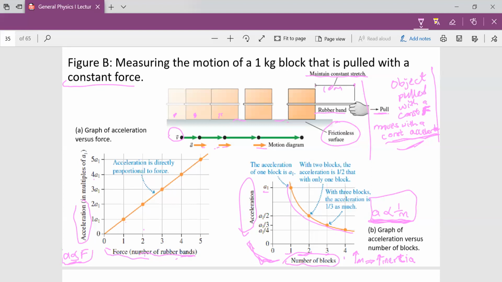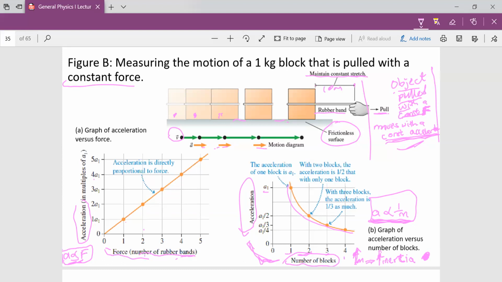And acceleration from the experiment is directly proportional to force. And from the experiment as well, we established that an object pulled with constant force will move at constant acceleration. So another striking thing that this inverse proportionality points out to us is that when you increase the mass, inertia increases. And what is inertia? It is the tendency to resist the change in velocity, whether you're speeding up or slowing down.